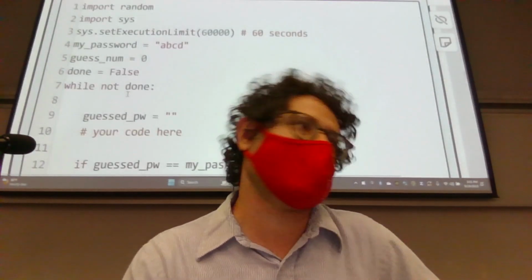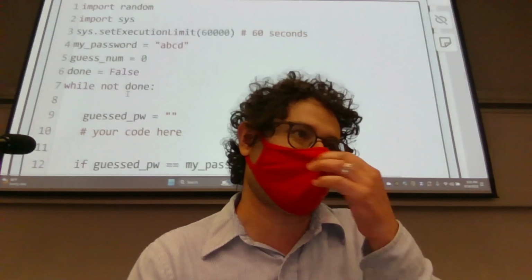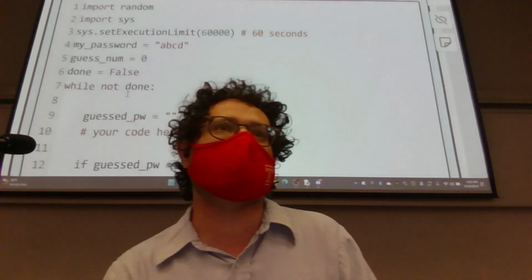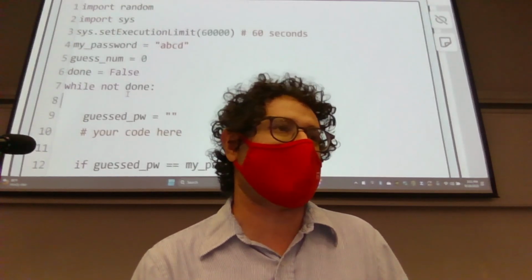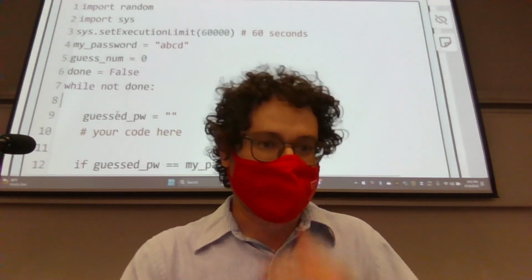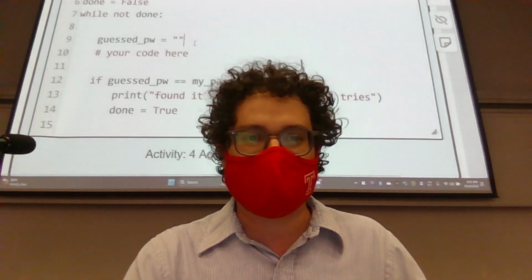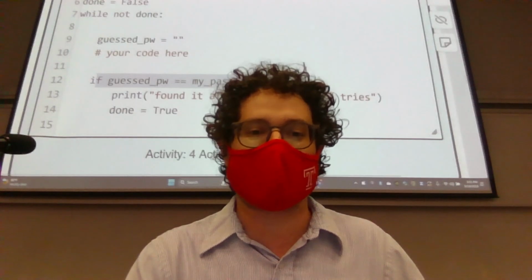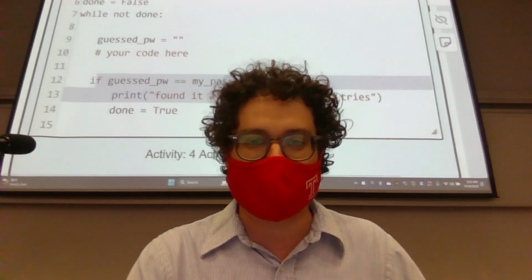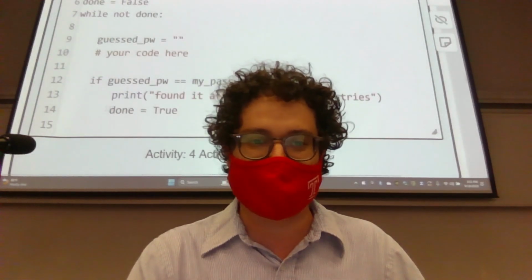It's indeterminate. Pretty much you use while loops whenever you've got something that you're going to run, and you're not exactly sure how long it's going to go for. A lot of times that's because you're running it under user input. Here it says guessed password is equal to this, and then if guessed password is equal to my password, print found it after this many tries, done is equal to true.